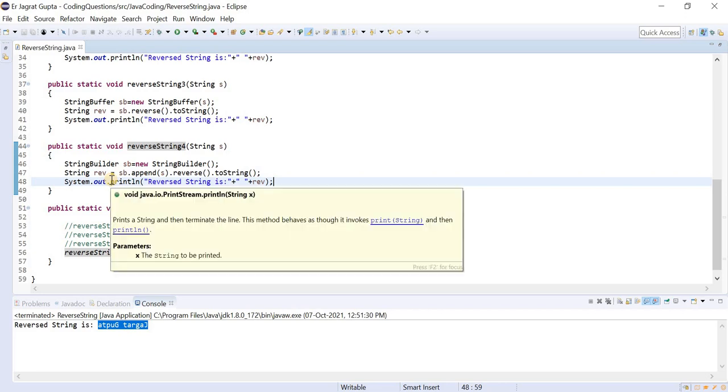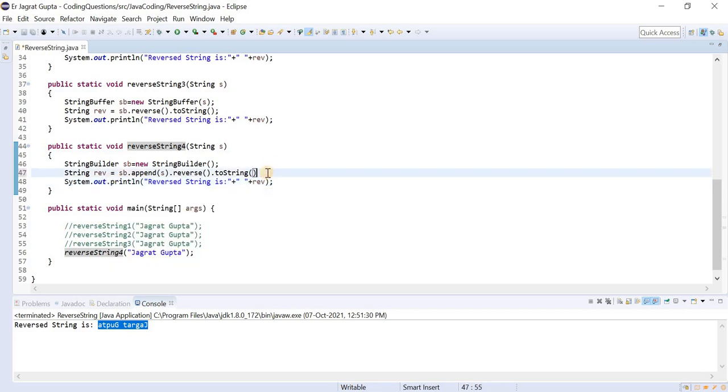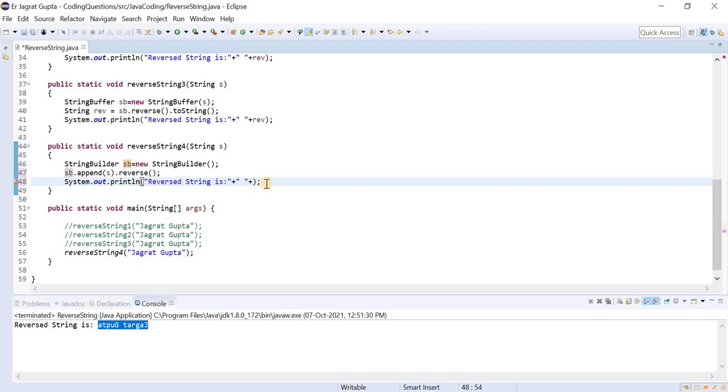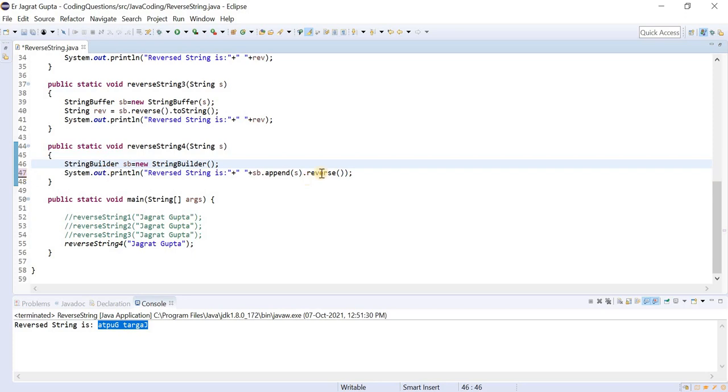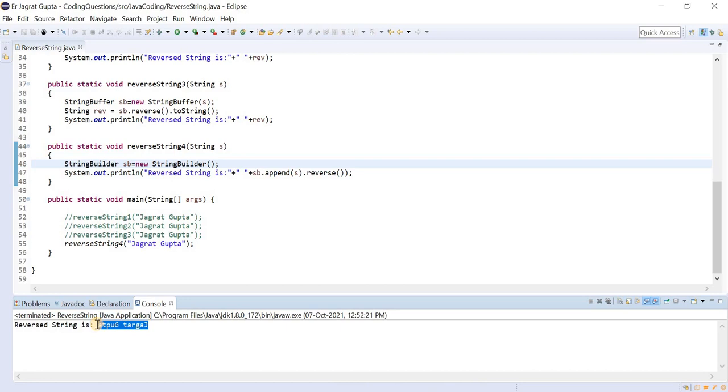You can directly print this, so the code we can easily minimize. Let me copy this, and instead of this reverse variable, let me paste this here. You can see that we can achieve our output within 2 lines. Now let's run this program, and you can see this is working fine.